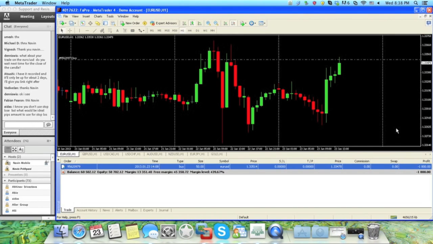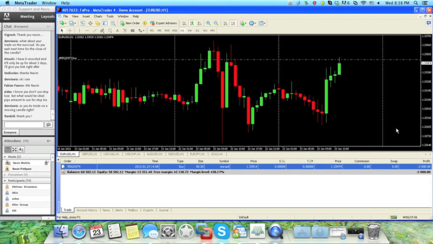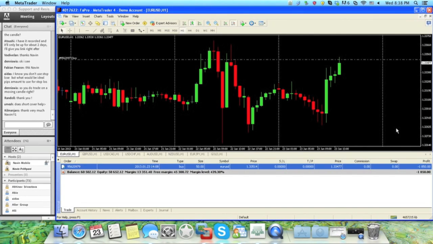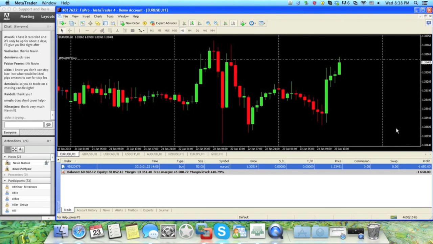Okay, I know you don't use stop loss, but what would be the ideal pips amount for stop loss? I'm going to do one more when I do a webinar on money management. We'll discuss how I do my stop losses, because I don't use stop losses, and there are many reasons why. It's not to go against all the books and stuff, because honestly, if you're reading a book of somebody, why aren't they trading? So, anyways,